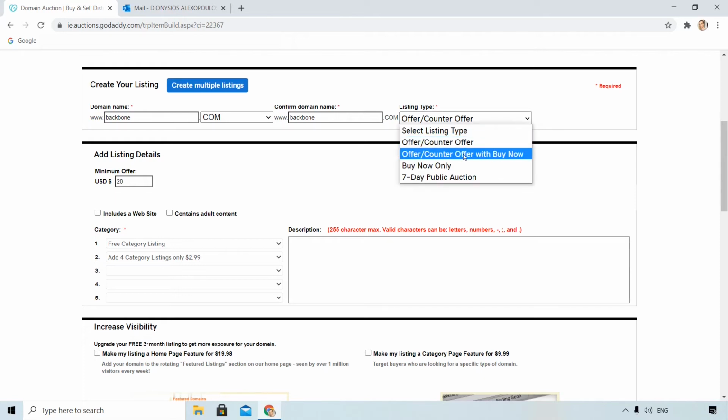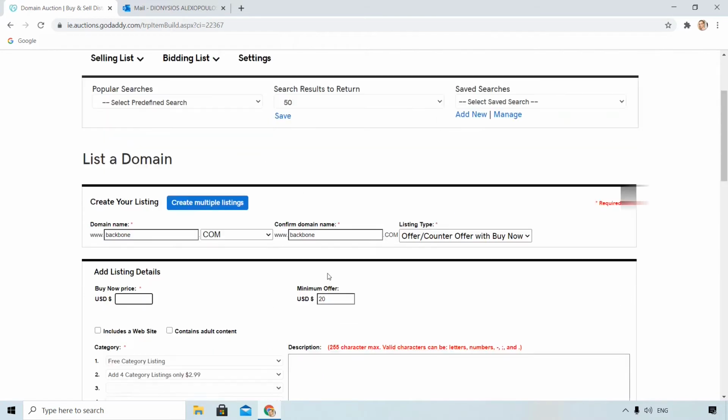Let's go to the other option, buy now with offer/counter offer. The only difference here is that if someone offers your buy now price, they will buy the domain. Buy now only means that someone can only buy the domain immediately and you do not negotiate the price.